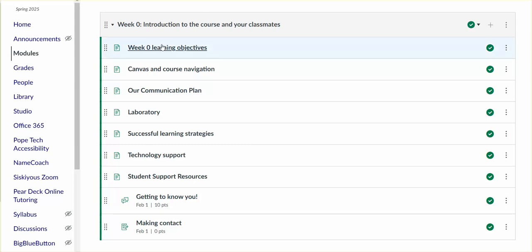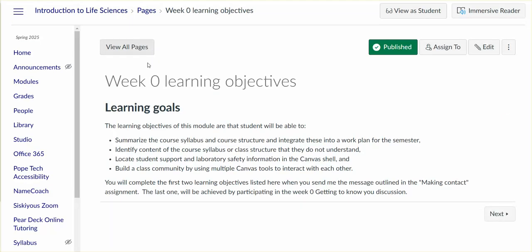So if you take a look at the week 0 module, the first thing we have in here are learning objectives. I want everybody to spend some time looking at the syllabus and also the course structure, and I'm going to ask you to integrate that knowledge into a work plan for the semester that you're eventually going to send to me. I also want you to take a look at the syllabus and structure, kind of look around the course in Canvas and see if there's anything that doesn't make sense to you and give you an opportunity to